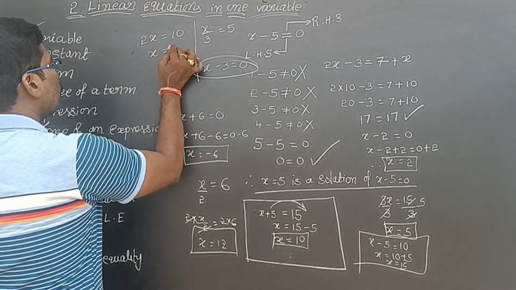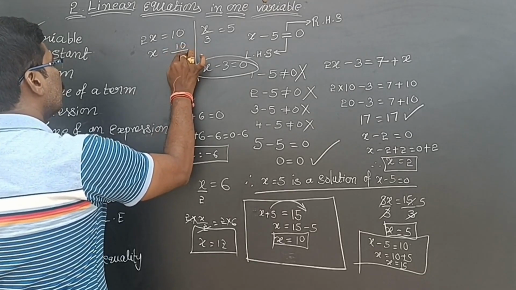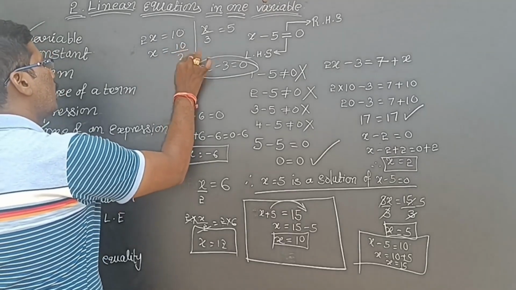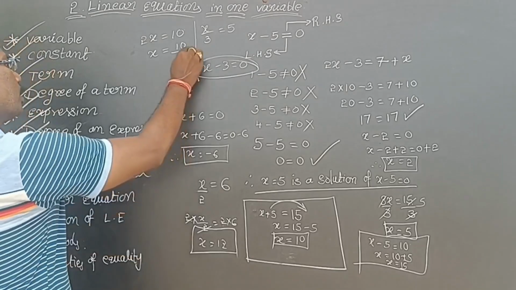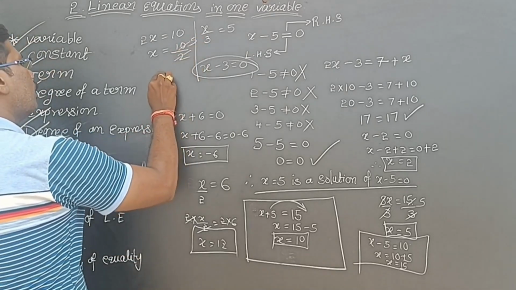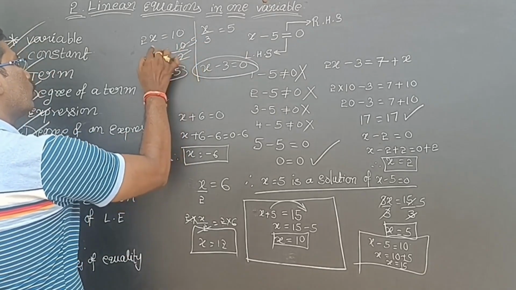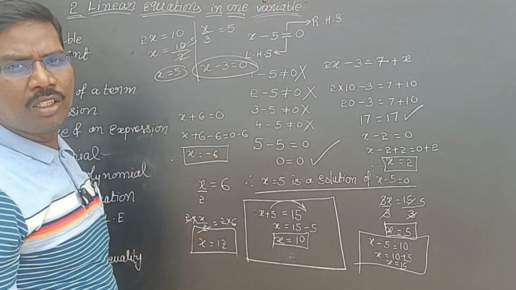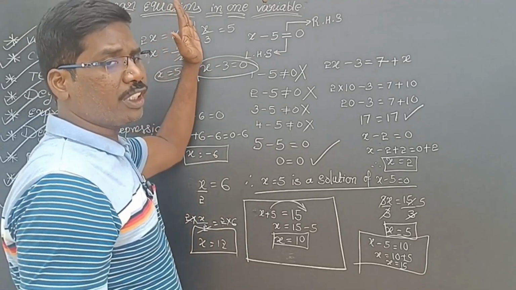Means x is equal to 10 divided by 2. So 2 ones are 2, 2 fives are 10. Now x is equal to 5. You can check: 5 twos are 10. So it is satisfying. If anything is dividing on the left side, if